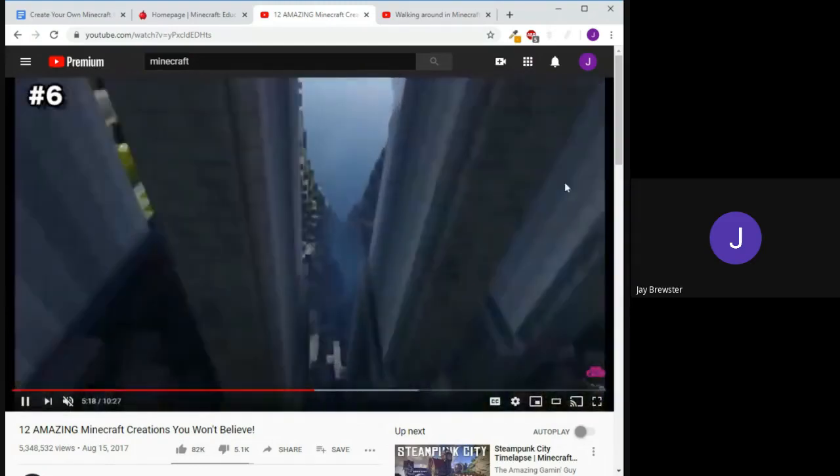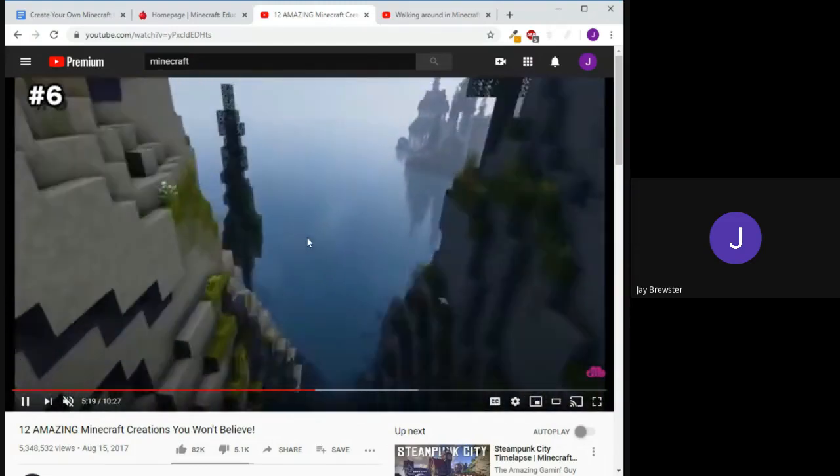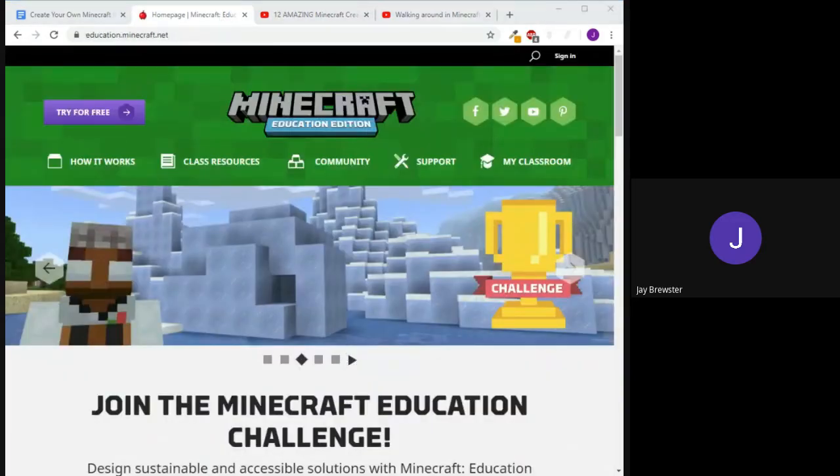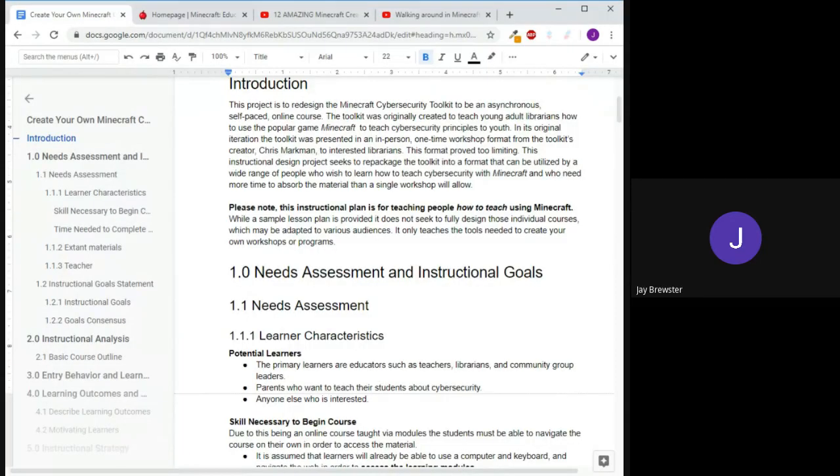I can't imagine how many hours someone spent on this. So this lesson is not going to go that deeply into that, obviously, and we don't expect people giving this workshop to do that, but they can use Minecraft to teach some really simple concepts using gameplay to do it.